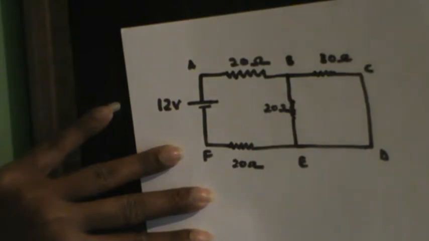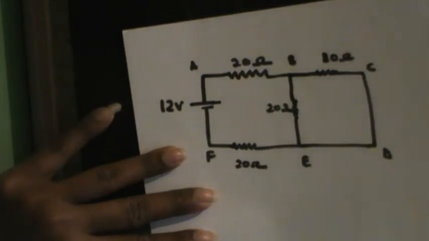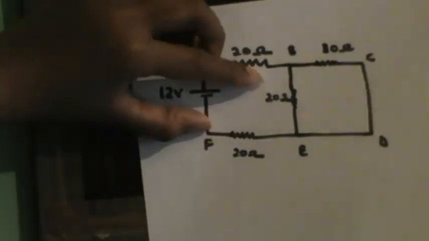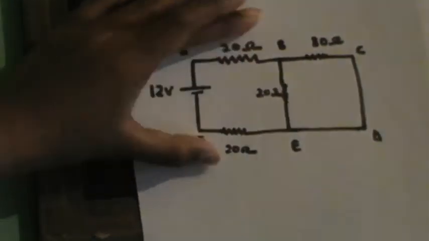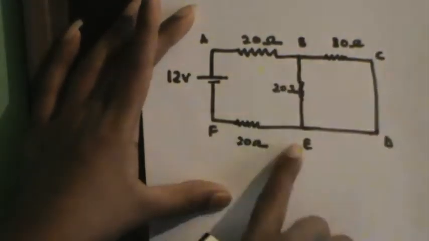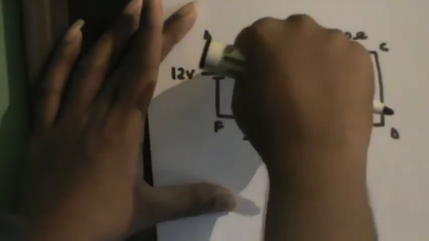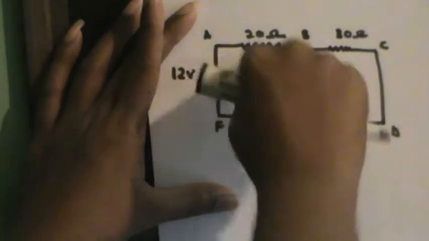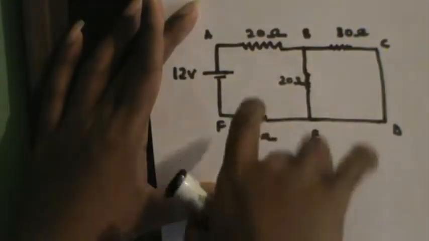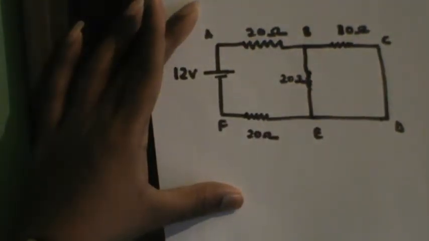You have already applied Kirchhoff's laws to one loop, and then you can apply them to another loop. Now remember, before solving this problem, you can apply Kirchhoff's laws only in one direction at a time. Say you took the ABEF loop, the first loop: you can put it either in the clockwise direction or in the counterclockwise or anticlockwise direction. You can't put Kirchhoff's laws in both the clockwise and the anticlockwise directions.